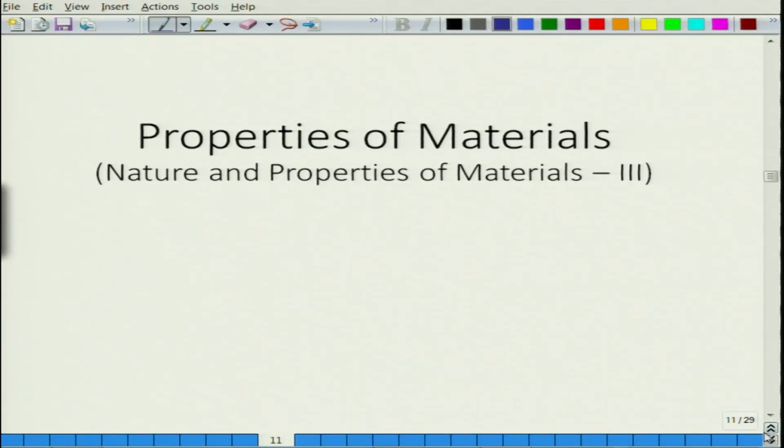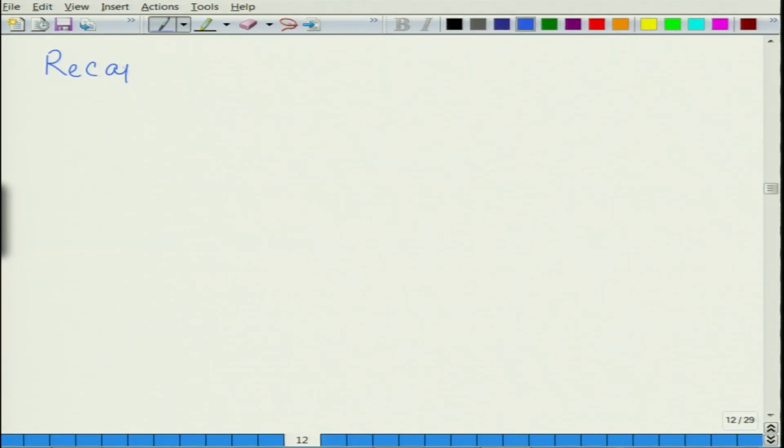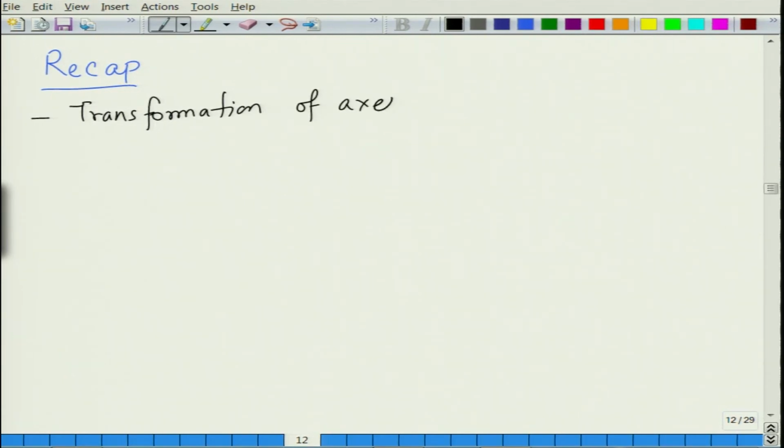So, welcome again to the new lecture of this course, properties of materials. Let us just briefly recap what we did in the last lecture. In the last lecture we looked at transformation of axes for strain, with the caveat that this is applicable only for